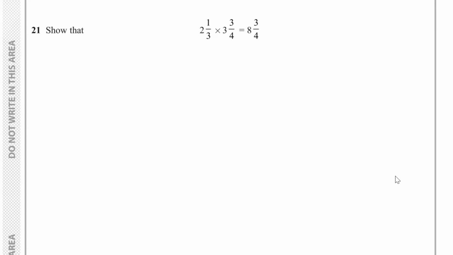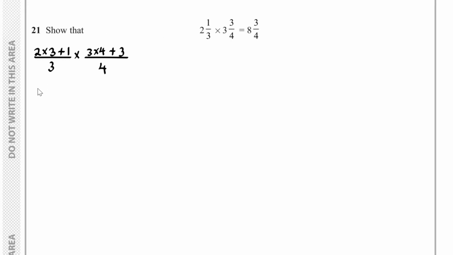For question 21, we have to show that 2 and a third times 3 and 3/4 is equal to 8 and 3/4. So to do this question, let's convert everything into a top-heavy fraction. So here we've got 2 times the 3 plus the 1 over 3, and then we're going to multiply this by 3 times the 4 plus the 3 all over the 4. So if we work all of this out,